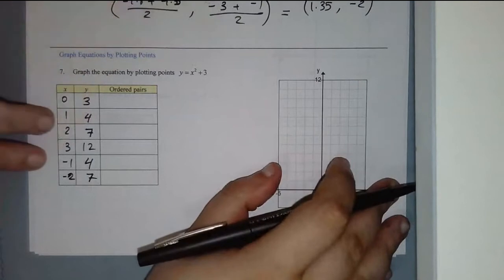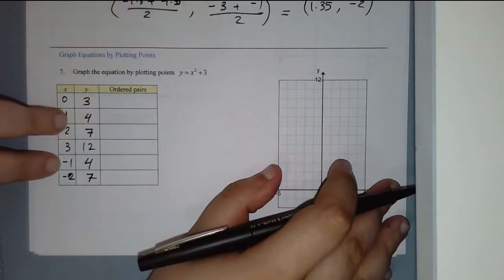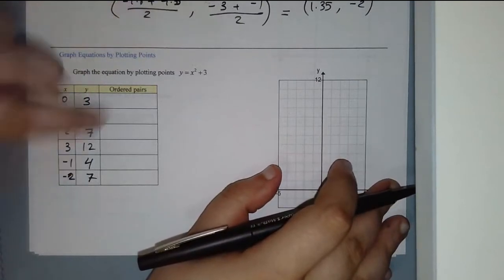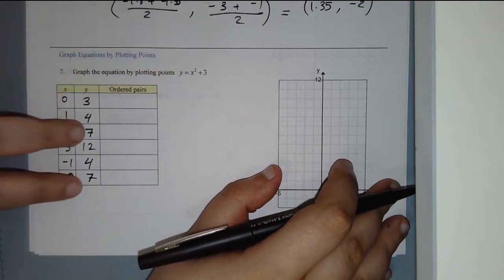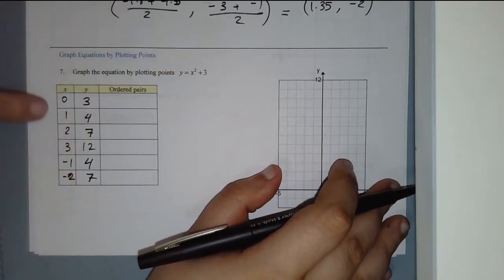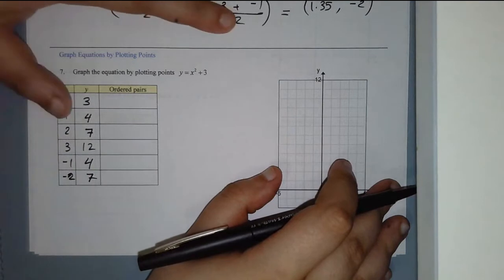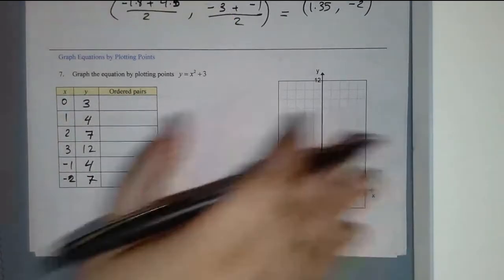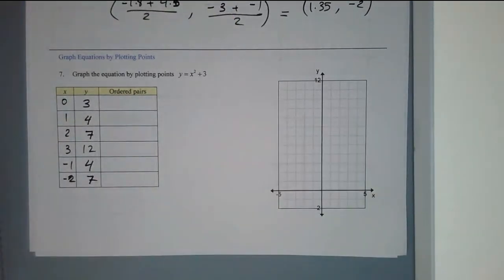Now notice, for the positive 1 and -1, I got the same y answer, 4, because I'm squaring it, so the sign doesn't matter. The 2's, again, you got the same answer. If I had another 3 in here, the -3, the answer would still be 12. That makes sense, okay? Now, that's actually one of the features of a